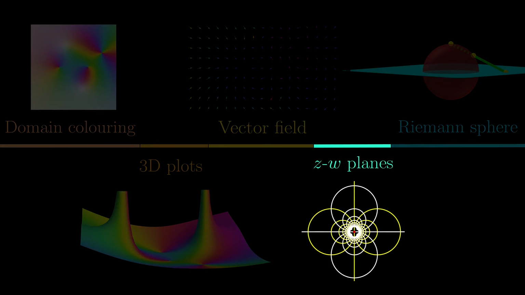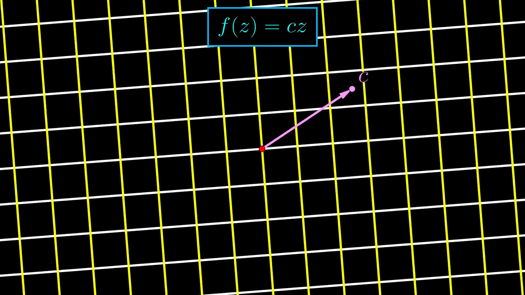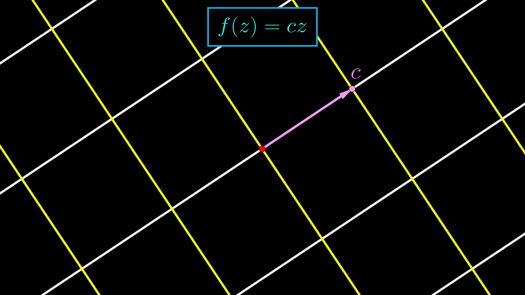Similar to the previous adding constant function, we are using the ZW plane visualization. Like before, we first imagine a grid, choosing a random point to be the complex constant, and here we go. This time, it is a combination of stretching and rotation, and we can see why pretty easily.